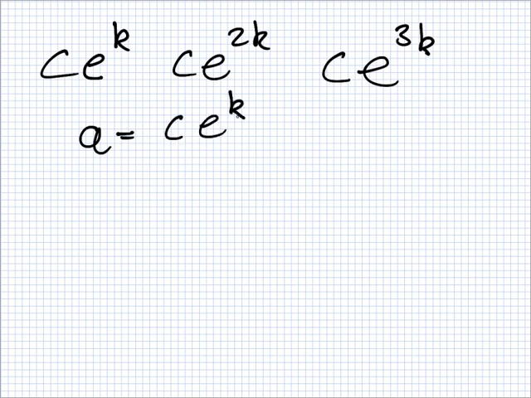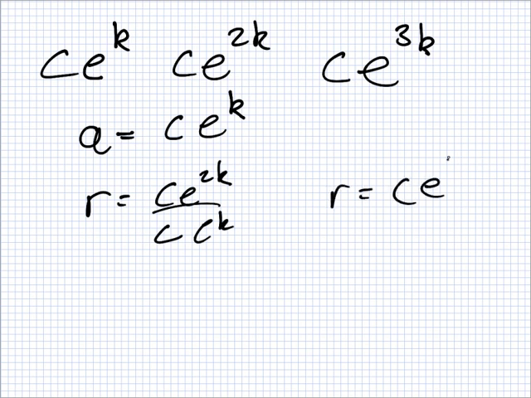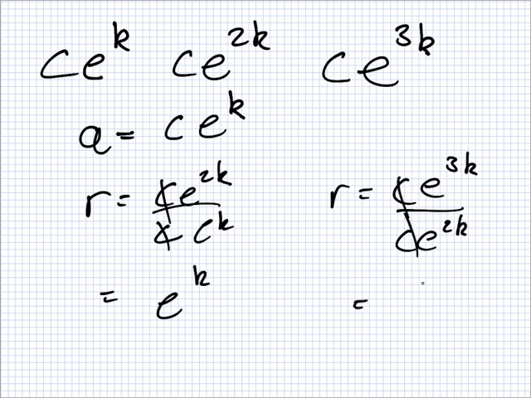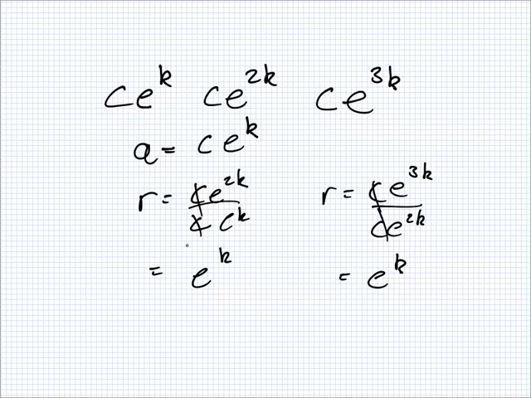So actually, I suspect now I've done something wrong here. No, I haven't. The first term is the first term. What's a little bit harder, perhaps, is to see what the r is. We should get the same answer if we do second over first as third over second. These C's cancel, and it's e^(3k minus 2k), which is e^k. So clearly r is e^k. So we're finished. We have